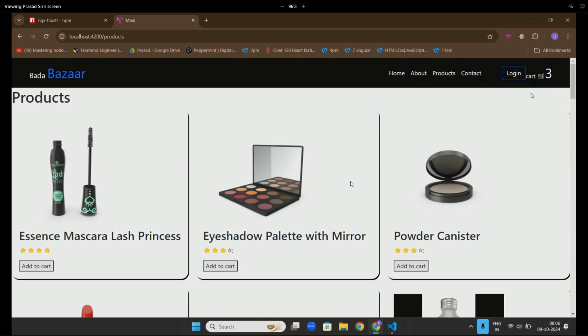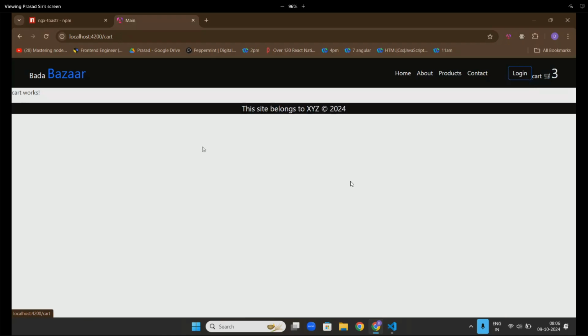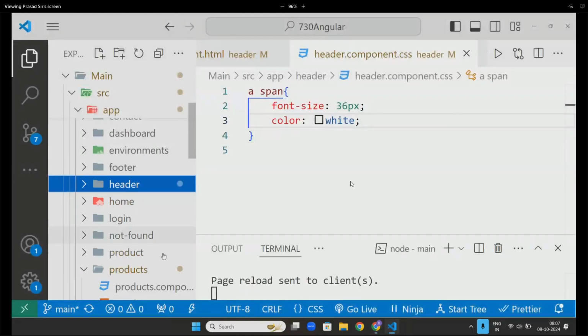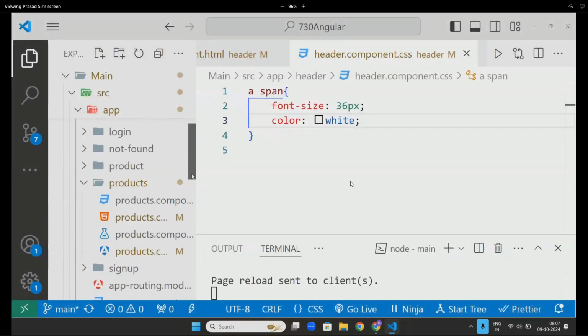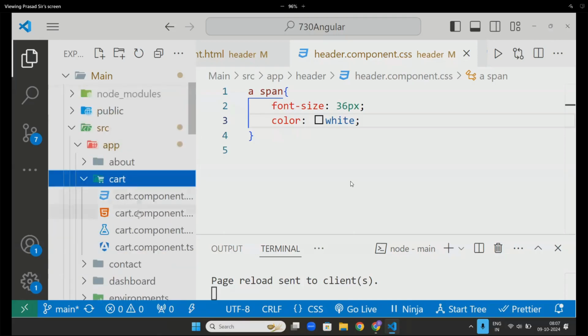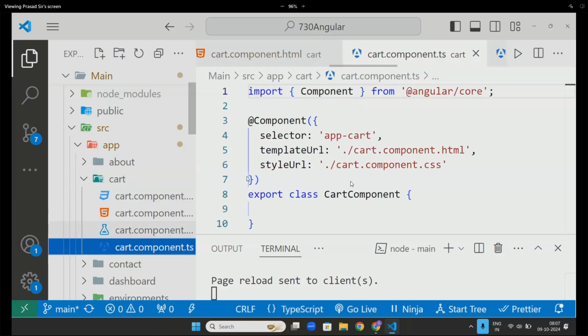Not only that, if I go to the cart page, inside the cart page that whole thing should be printed now. Inside the cart, how many values are there? 3. The 3 products should be printed now. So go to the cart page, quickly. Cart HTML, cart TS. Now inside the cart page, let's print all of them. Okay. Now I will go here and write it here.